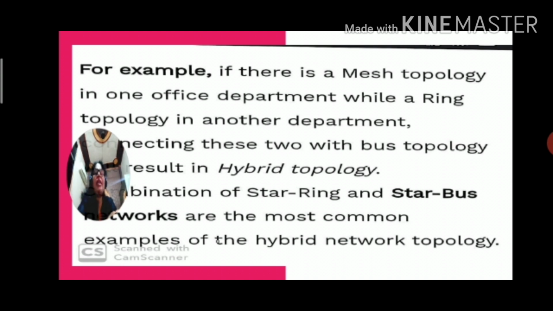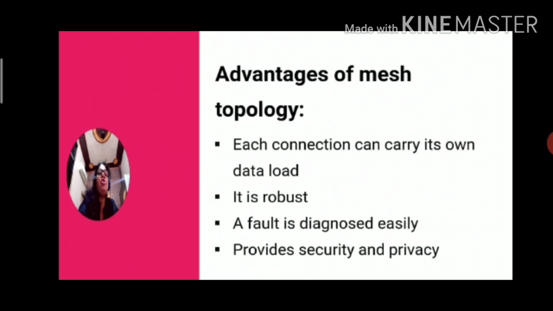This is not commonly used, so we will not go into detail about this topology, but we will see the advantages. In this, each connection can carry its own data load. It is robust, strong. A fault is diagnosed easily, and it provides security and privacy.